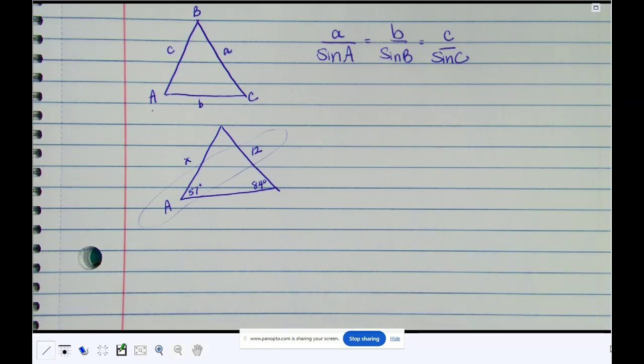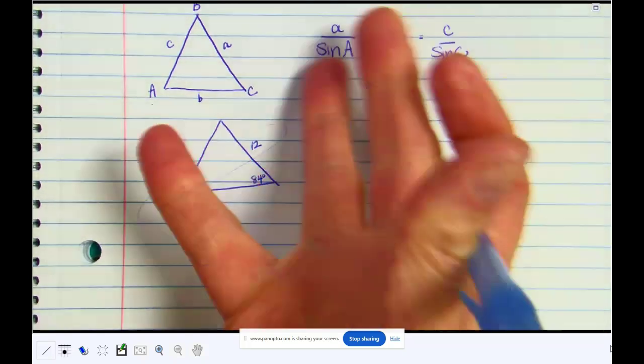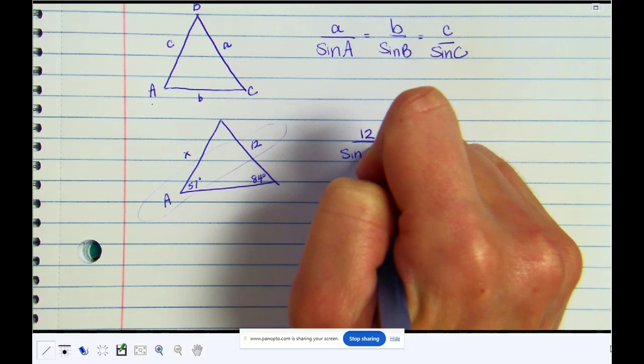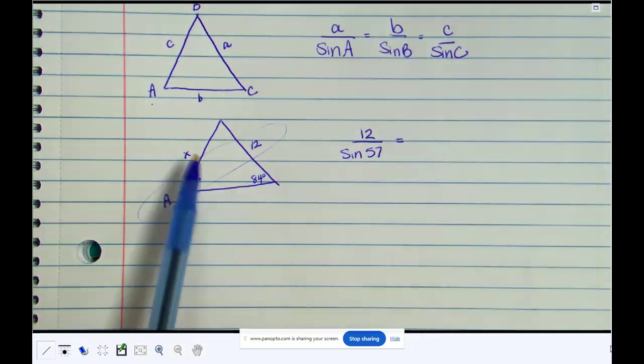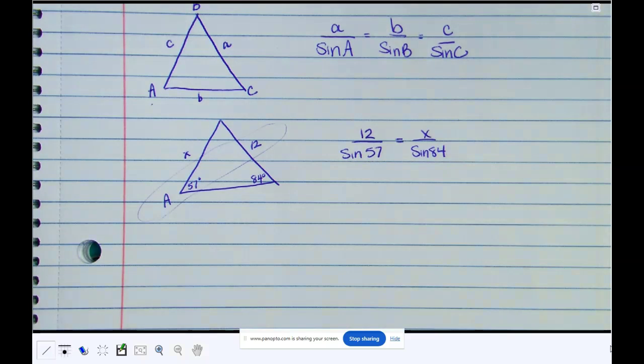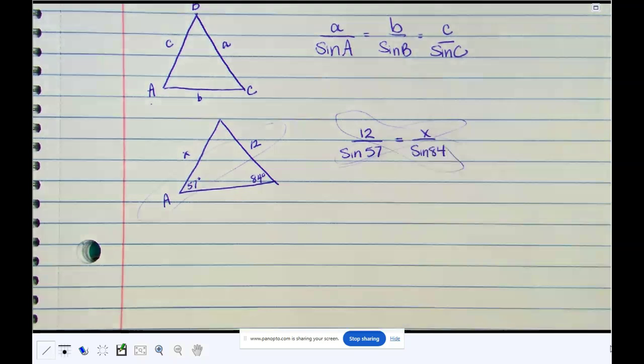Okay, so super easy. You're just going to say, it doesn't matter whether we use this one or the other one. I'm going to put the side length on top. So it's 12 over the sine of 57 equals side X over the sine of 84. So it's called the law of sines because you use sines in it, not because it's right triangles. So let me make sure that you know that. And then this is an easy solve. What are you going to do? Yeah, cross multiply. I like to just cross multiply always. Or you could multiply by the sine of 84. You'll get the same answer.